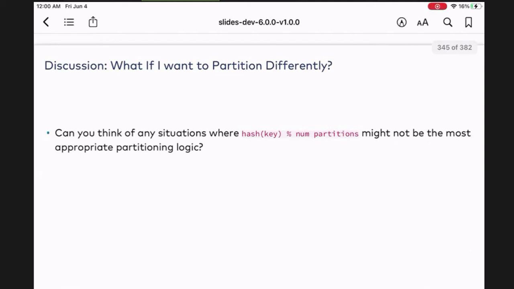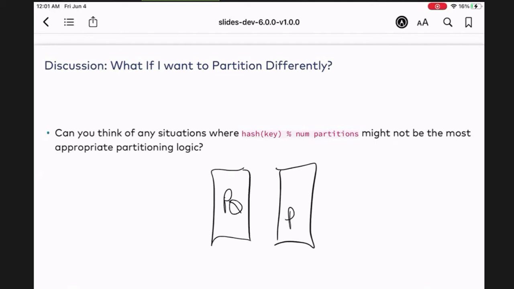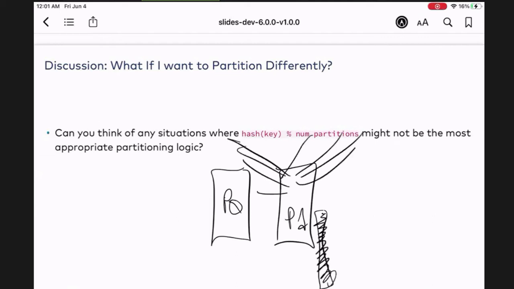But now partition one has maybe 3 to 4, 5 times more data than all the other partitions. And we know that a broker will hold the entire partition. If this broker has partition 0 and this broker has partition 1, all data in partition 1 is going to be on the same broker. But then you may have a hotspot, right? Because whenever you need data from that, it does skew it so that it's unbalanced, right? So you want to be careful with that.